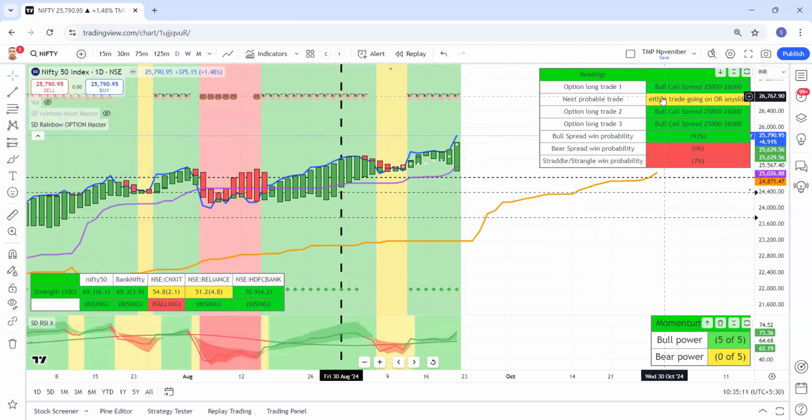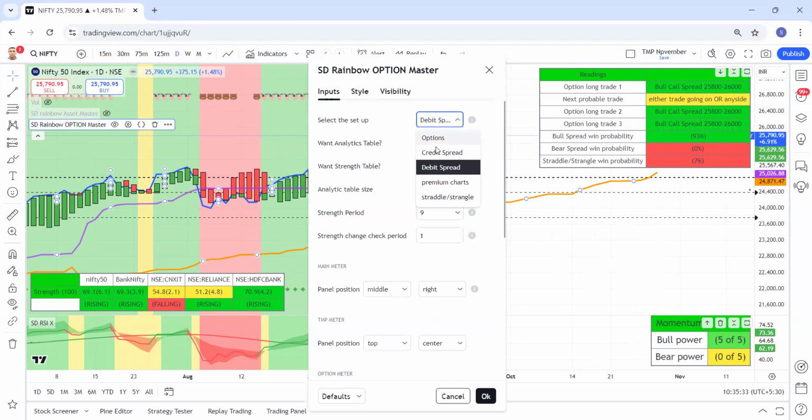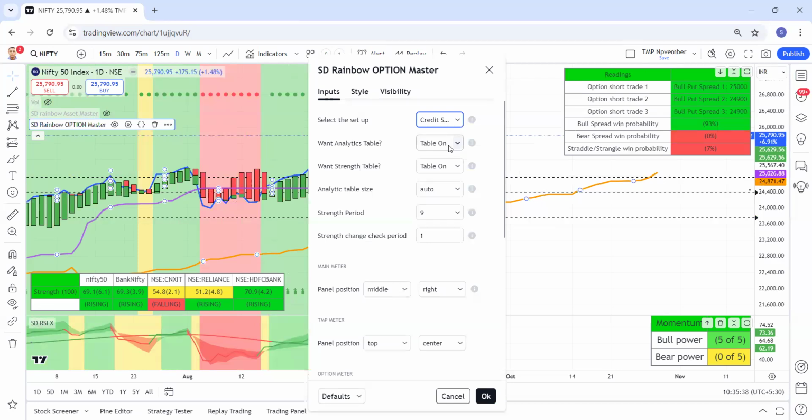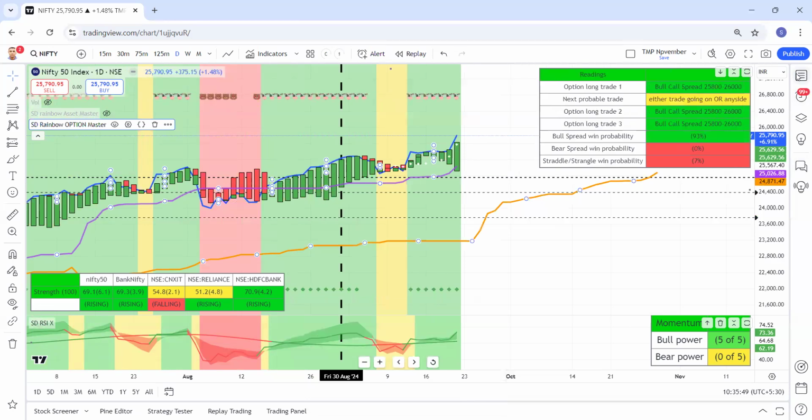So now we have a total of 6 buy-side signals for options, bull spreads and bear spreads. We have 3 bull call, 3 bear put spreads. In option selling, we have another 6, credit spreads. That means a total of 12 signals we have out of this option. In addition to that, if we apply,